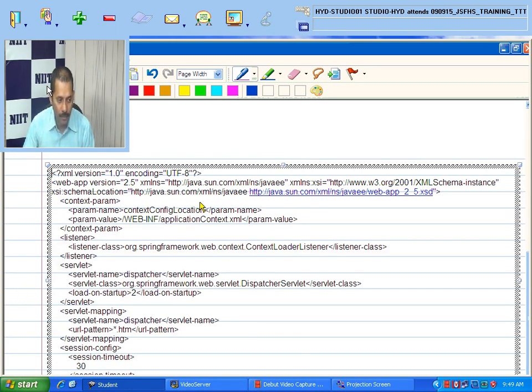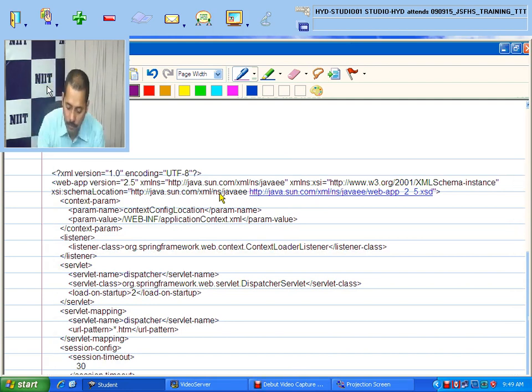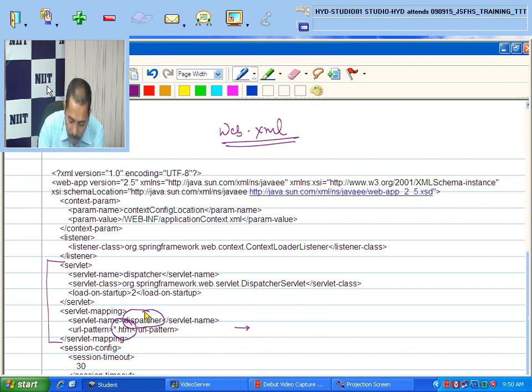This is my web.xml file we can talk about. In your web.xml file, if you see this, we have the session file, and this is my servlet mapping file. In the servlet mapping file, this is what it says: any extension with .htm, if it is coming, will go through the dispatcher, then call the dispatcher name. In turn, the dispatcher name will call the dispatcher servlet. That is exactly what we are implementing as part of your servlet.